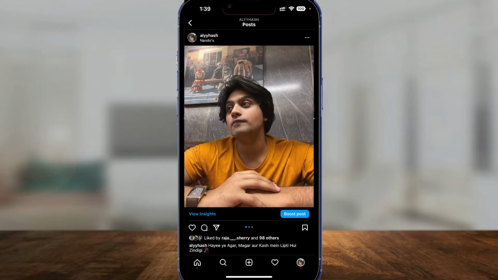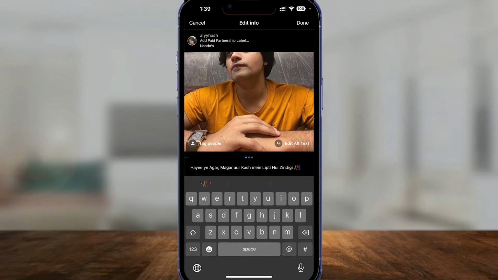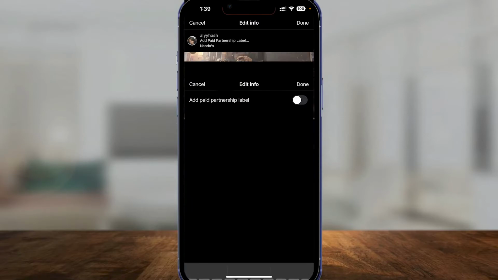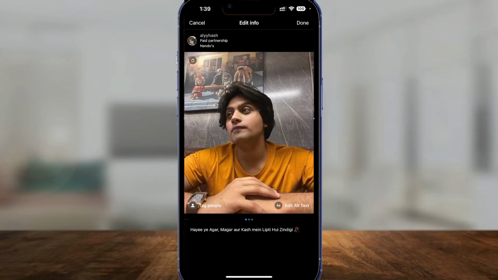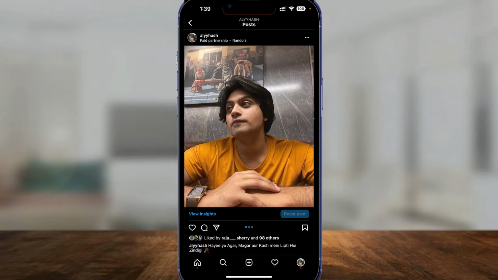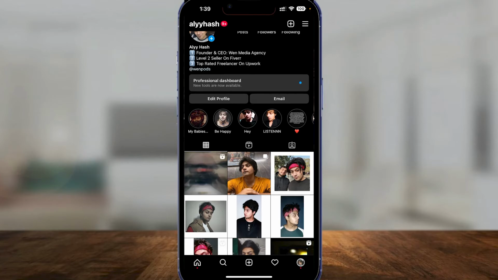over here click on edit, and then now simply click on the top where you guys see the option add paid partnership label. Simply click on that, and then after that you guys can simply click on done. And now if I click on done, you guys can basically see that we have paid partnership added at the top of my picture. So guys, that is how you guys can add in a paid partnership or collaboration on